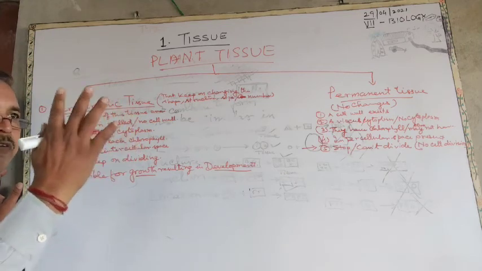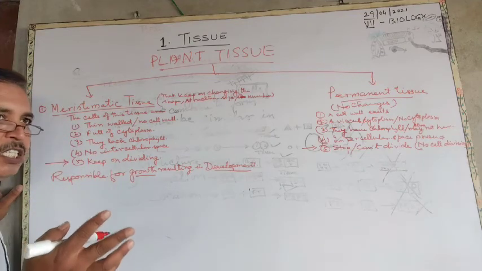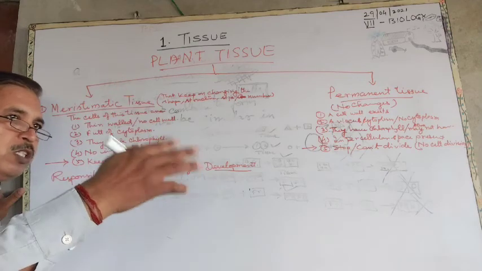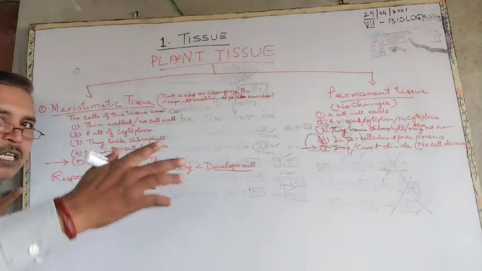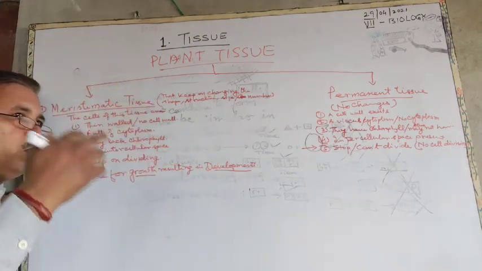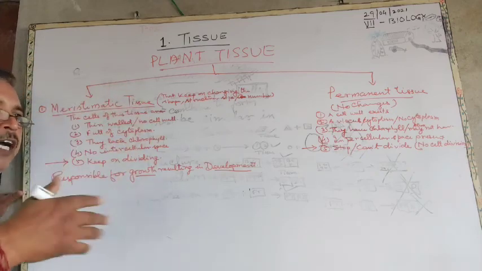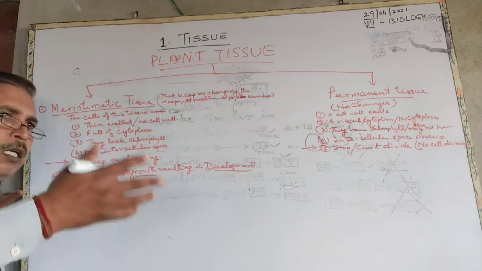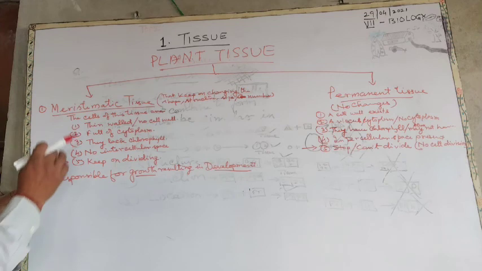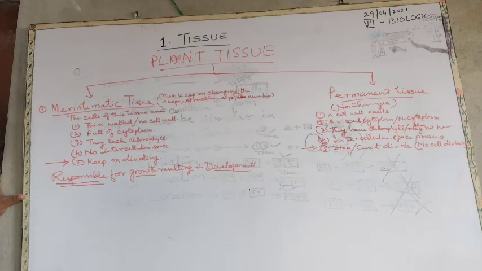Four cells will make eight, 8 will make 16, 16 will make 32, 32 will make 64, 64 will make 128, 128 will make 256, 256 will make 500. This way it goes on, right? So these meristematic tissues are responsible for growth